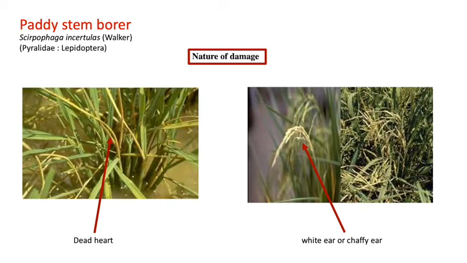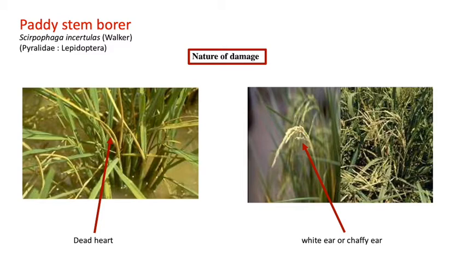Larva feeds inside the stem, causing drying of the central shoot called dead heart in young plants, and drying of the panicle, which is also called white ear, in older plants. October to December has been found conducive for the multiplication of the insect. Young larvae bore into the central shoots of young seedlings and tillers and feed internally on the growing shoot causing the dead heart symptom, which is also called drying of the central shoots, and interrupting movement of water and nutrients.